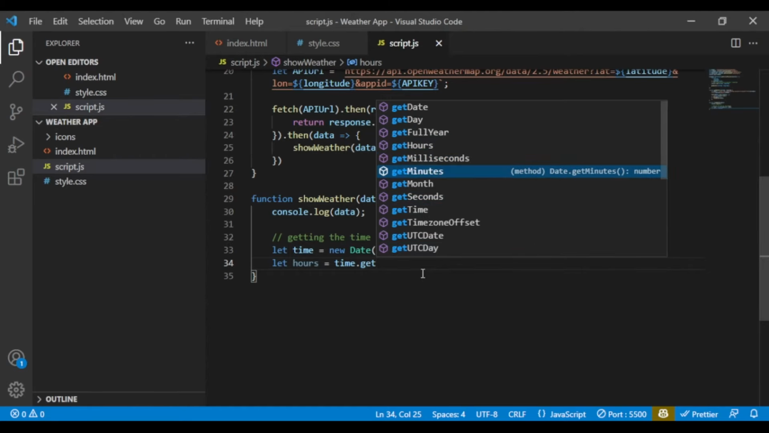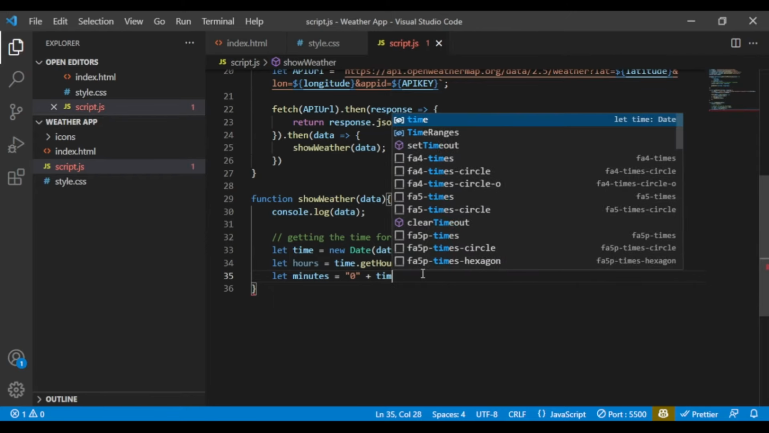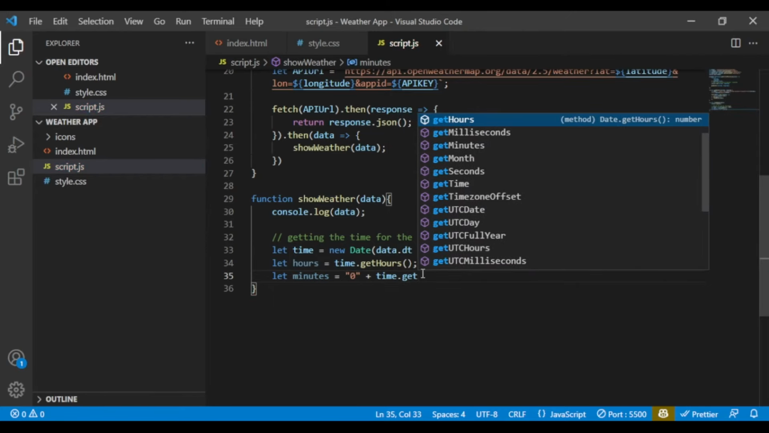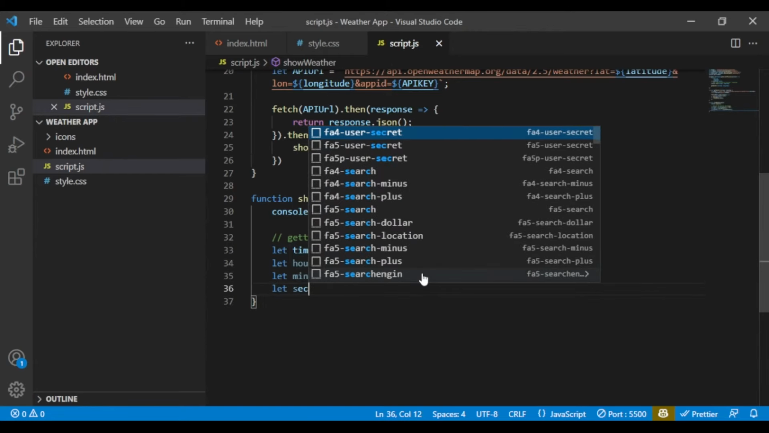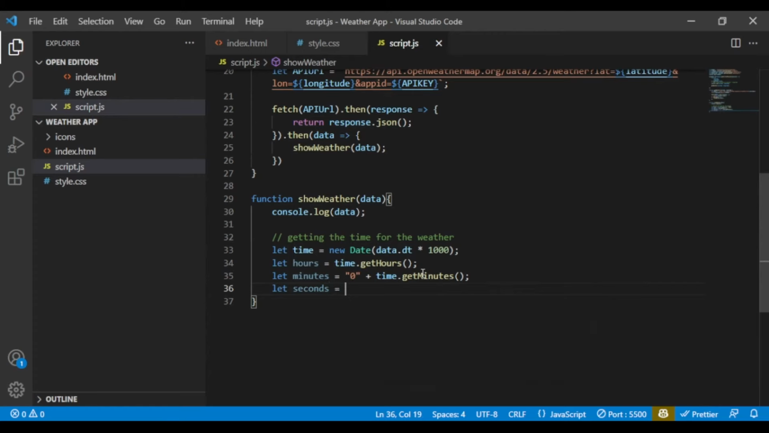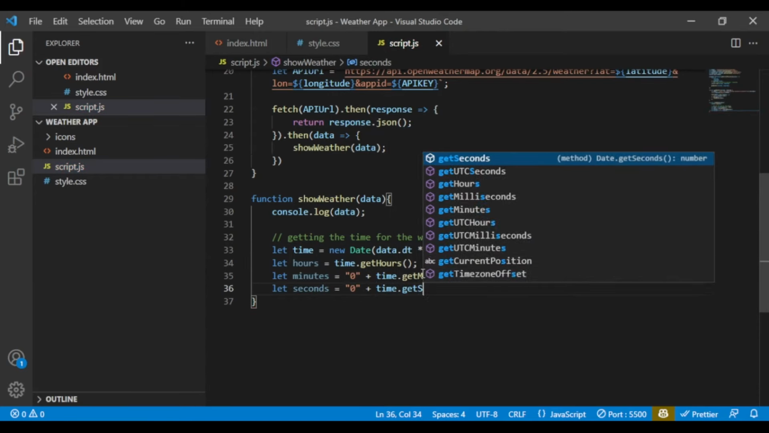So I'm gonna get hours for now, then we're gonna get let minutes. To make it a little format, let minutes is equal to 0 plus time dot get minutes, and then let seconds is gonna be 0 plus time dot get seconds,